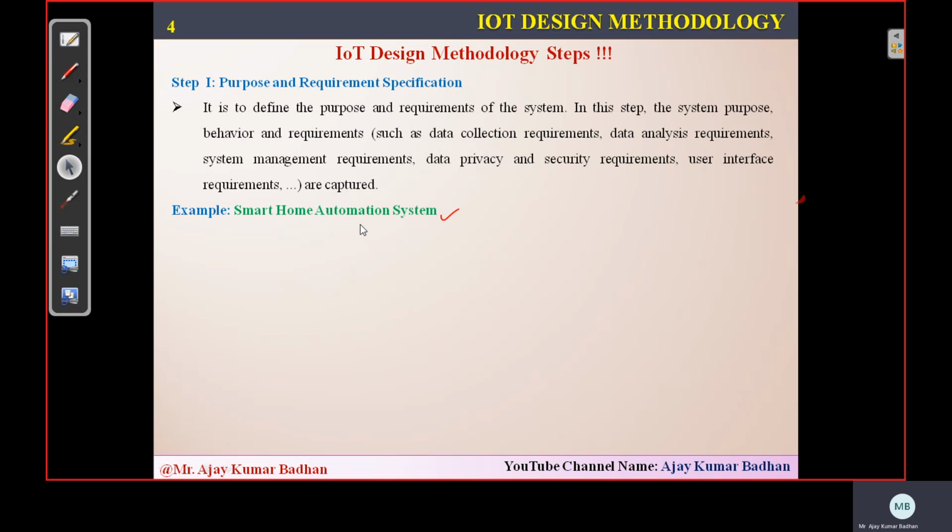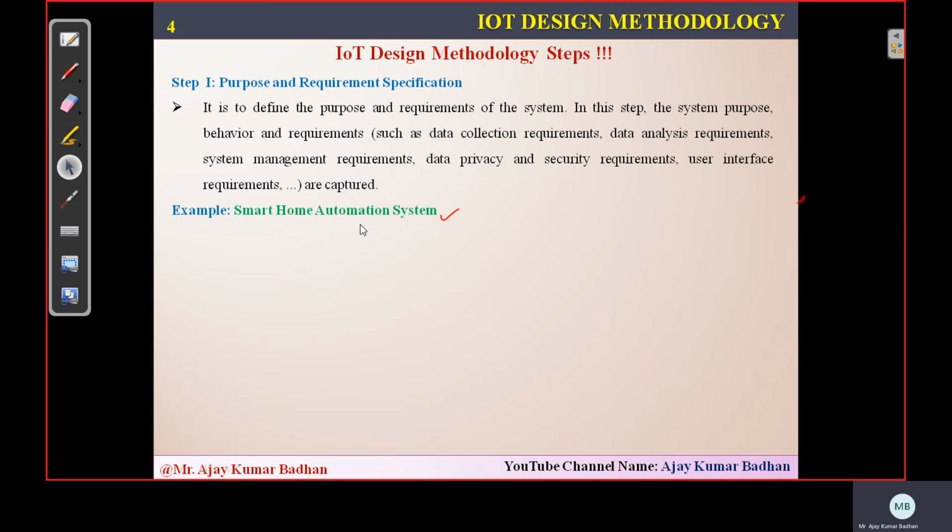Not only that, you will be able to control your other appliances like your smart TV or your AC from your mobile. If you want your room to be cooled before you enter it, you can control it using your smartphone. You will develop an application. Your IoT has already been deployed in your home, so you will be giving orders from here.